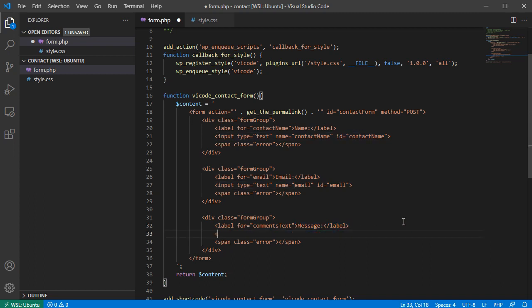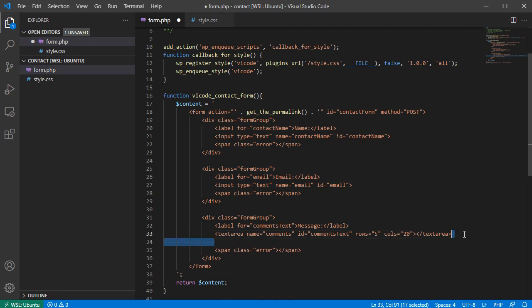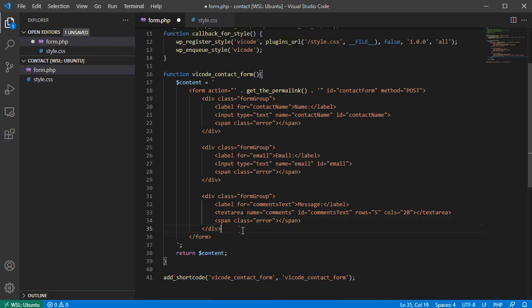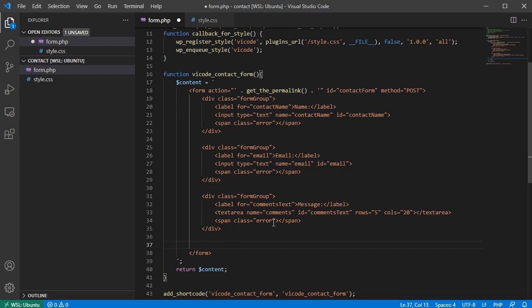except here it's gonna be a text area, so we have text area, name comments, ID comments text, rows we will have 5, columns 20, and I'm gonna close the text area tag. Sorry about that, guys. And then we have this error span, which is fine. We'll leave it here. We should have the submit button also,